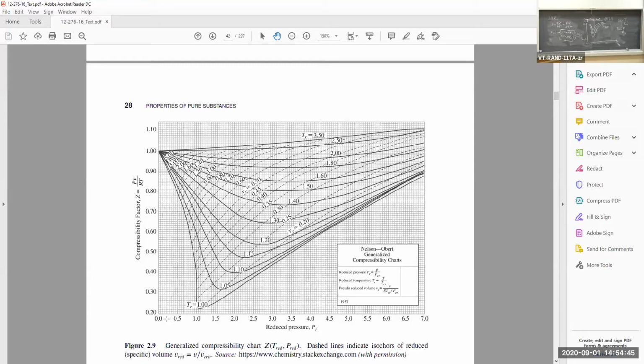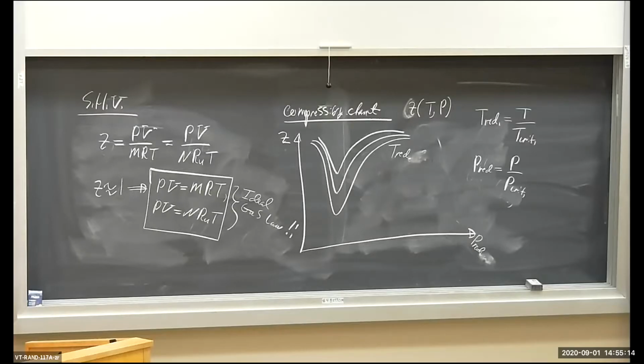So as reduced pressure goes to 0 and we go from left to right on the x-axis, the reduced pressure axis, the Z factor curves, the compressibility factor curves, all collapse to 1. So the first thing we can think of is as reduced pressure goes to 0 or gets very low, Z goes to 1. So that's the first thing to say. So the first thing to notice is,